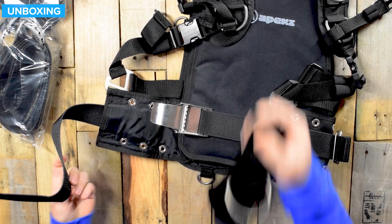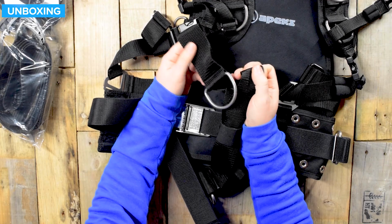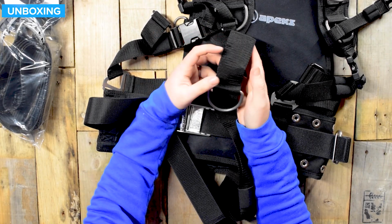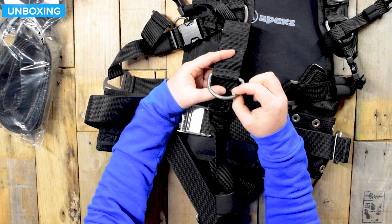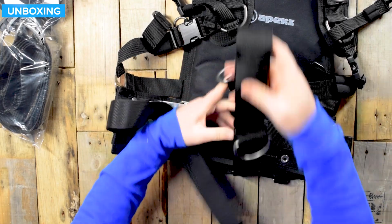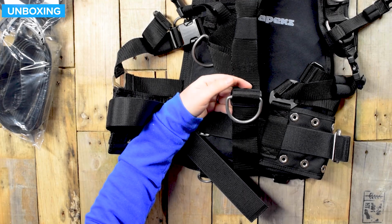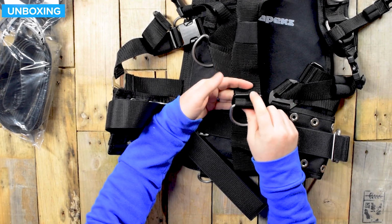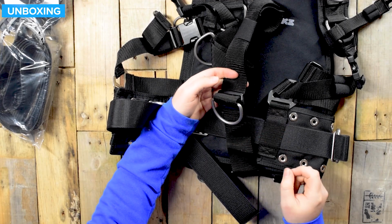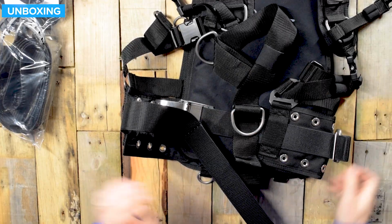Around the front, you have a crotch strap. Much softer webbing here because it has a loop over the front, so that loops over your waistband. You have a stainless steel D-ring on the front, so that's if you're attaching a DPV or something. Moving around to the back, another stainless steel D-ring in the small of your back with a plastic tri-glider, so you can adjust it for length and hold that D-ring in position, and that just attaches to the bottom of the back plate. Flipping it over,